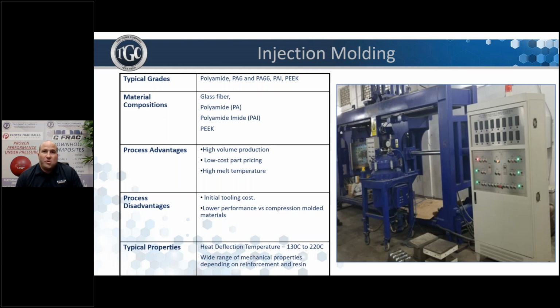Some of the disadvantages: with thermoplastics, you do not get the higher temperature mechanical property performance that you normally would with compression molding and filament wound parts. You can pay a premium for higher mechanical properties, though, with some of the exotic materials that are out there, but it's usually cost prohibitive. Again, like compression molding, the mold costs are going to be relatively high upfront costs to begin your project with. Even though there are disadvantages on some of the performance, it seems injection molding has made the most technology breakthroughs, and thermoplastic materials are getting better every year.